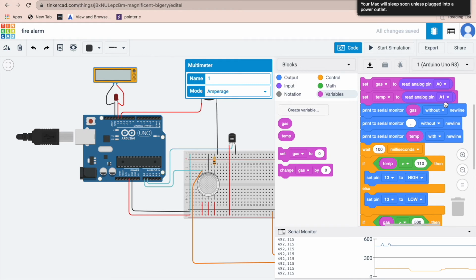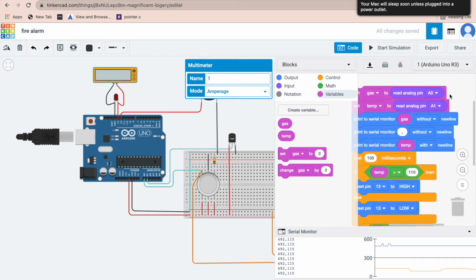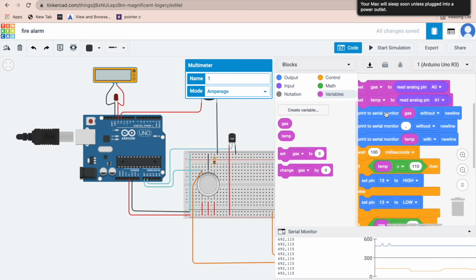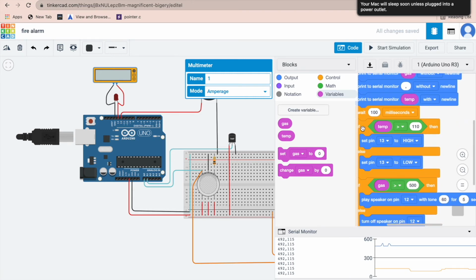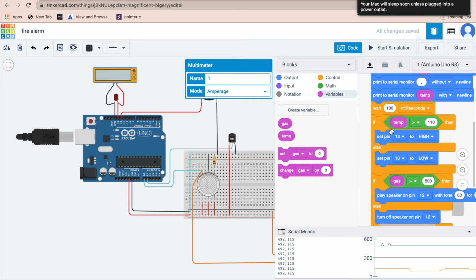Now we have printed this input value using the serial monitor. As you can see, these three blocks are used to print the gas sensor value and this temperature sensor value, with a comma in between these two values. Now I have used this if else block, and the math library for comparing.